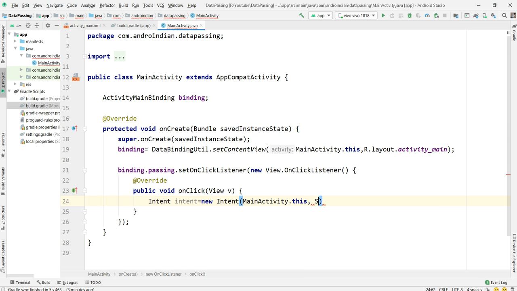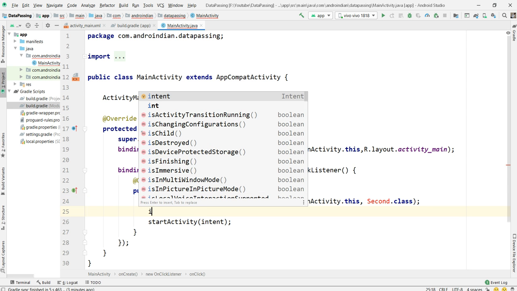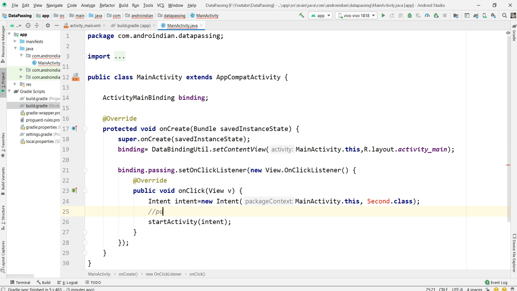From here I want to go to the second class, so Second dot class, the next activity of the intent. I'm writing like this. Now along with this I also want to pass the data. So if you want to pass the data, passing data.